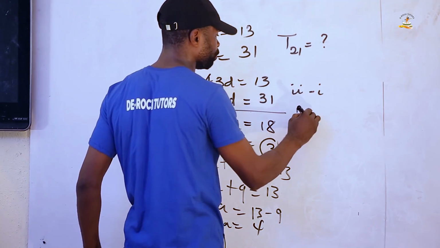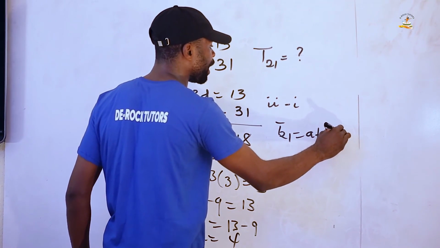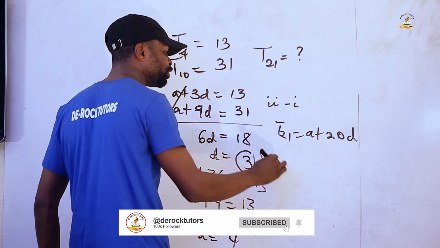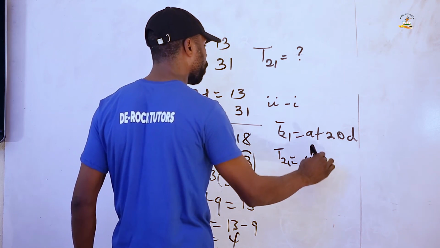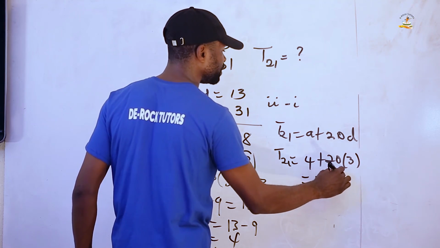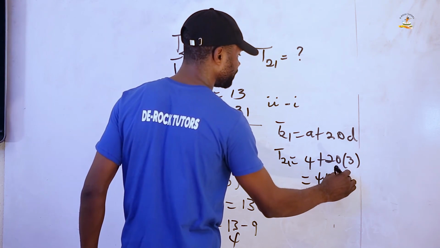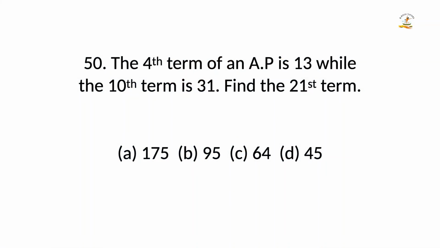Since A is 4 and D is 3, we recall that the 21st term, T21, is equal to A plus 20D. This one, we have T21 equal to 4 plus 20 into 3, which is equal to 4 plus 60, which is equal to 64. So if you look at this question, you will see that 64 is in the options, and the correct option in this case is 64. We are moving